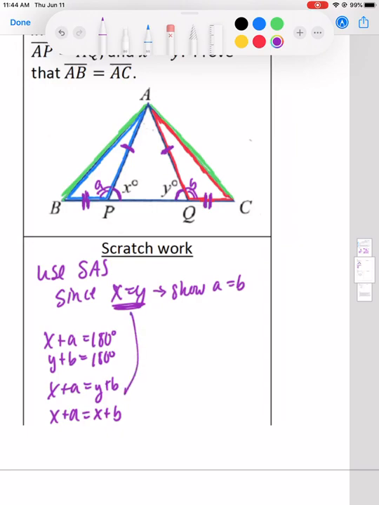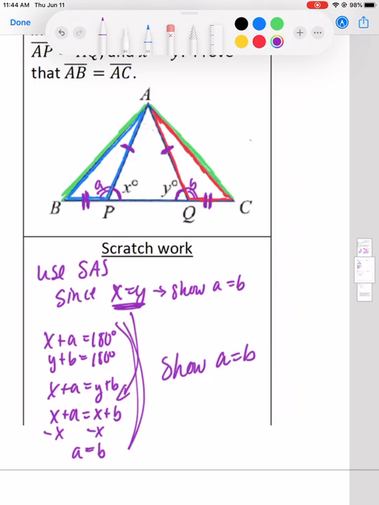Because of this is substitution, so I don't need to say anything in particular with that one. It's not a geometric move. Because those are equal, I can subtract off the x's, and I can say that a is equal to b. Okay? So that's my steps to show a equals b. Now that's the most complicated part of my proof, or my congruence test. All the other ones are trivial because you just say that they're given to you for the sides